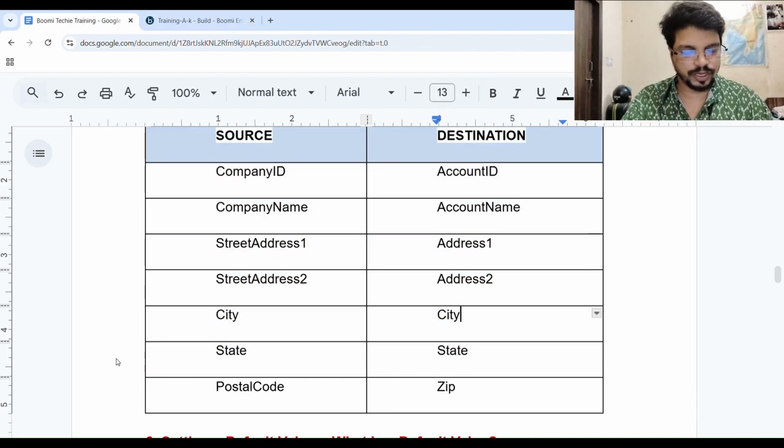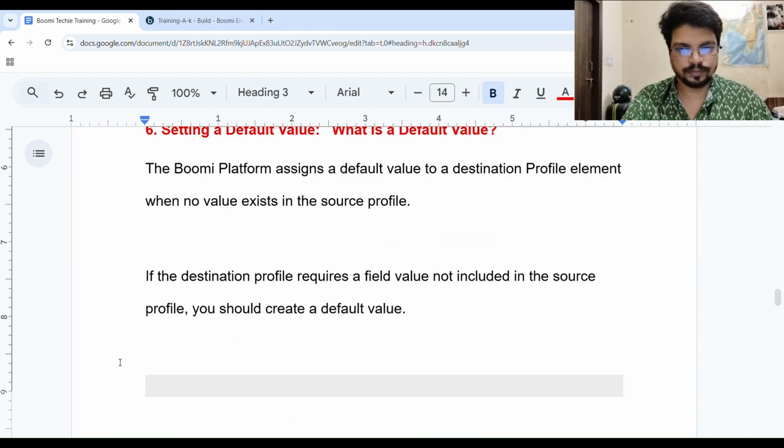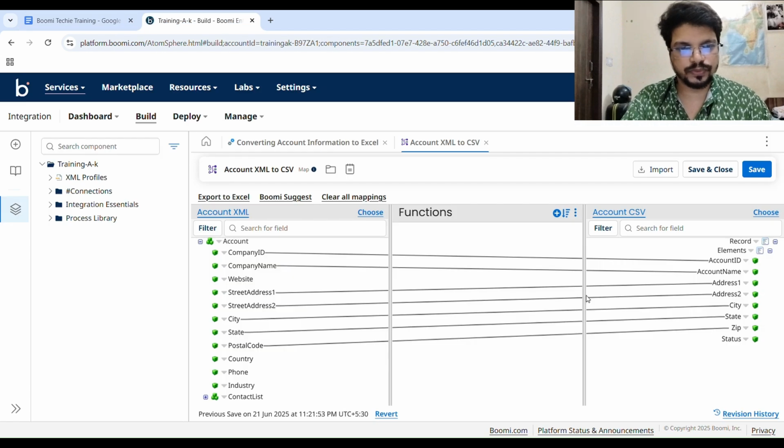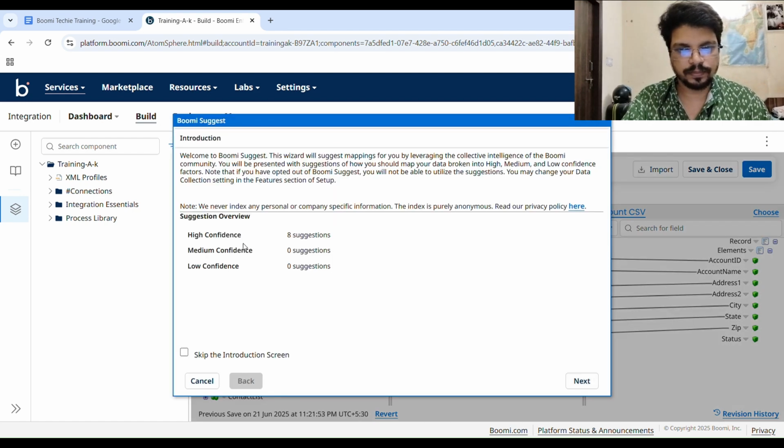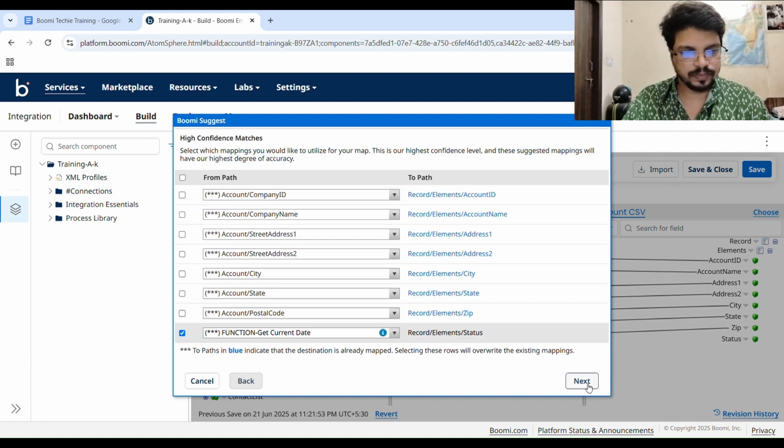Now let's see the next point, setting a default value. Let's see first the Boomi Suggest option. If you want to map through Boomi Suggest, you have to choose this option. You can see all options like high confidence suggestion, medium confidence, and low confidence. Let's skip it. Next, you can see all the source elements,